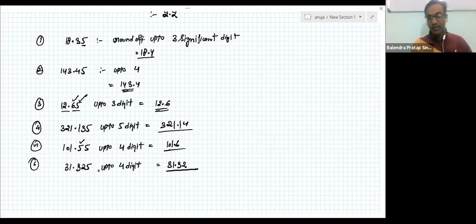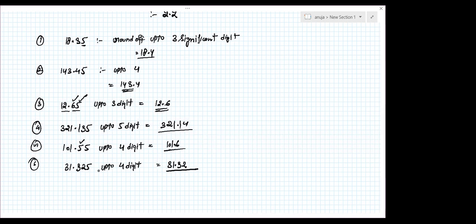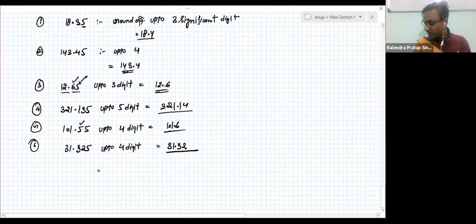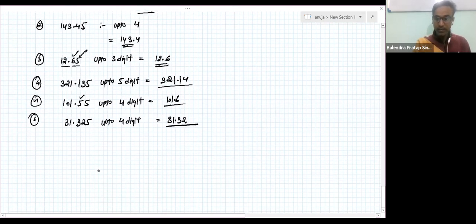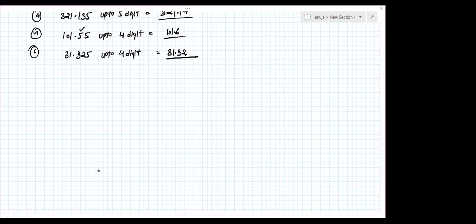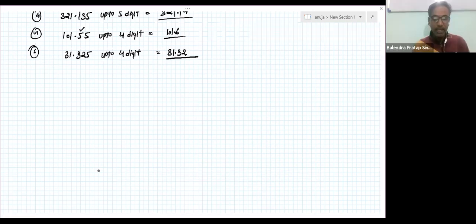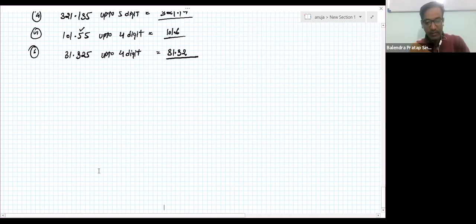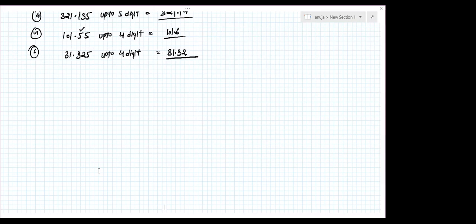Now we have finished significant figures. The next topic is error analysis. I think it's a 2-hour class or 1-hour class. Should I stop here? I want to take a 1-hour class today, because one student is missing. Okay, sir, no problem. It's better if I take a 1-hour class today. We can schedule our class tomorrow or any other day, whenever you feel comfortable. Yes, sir.